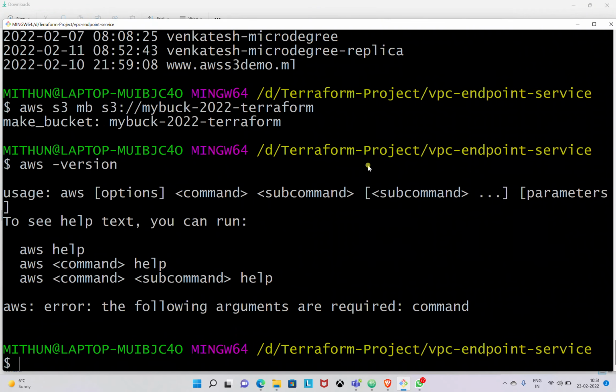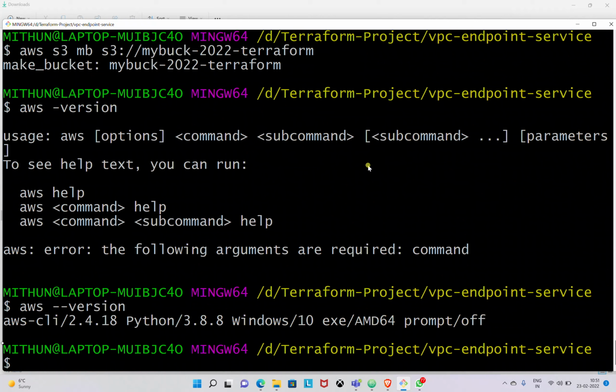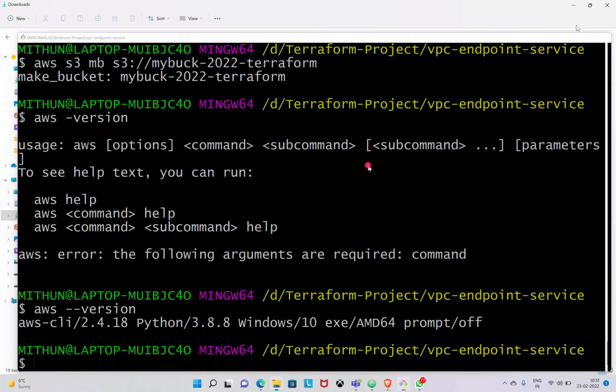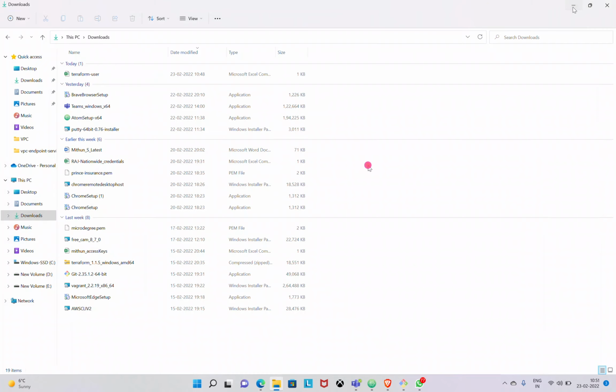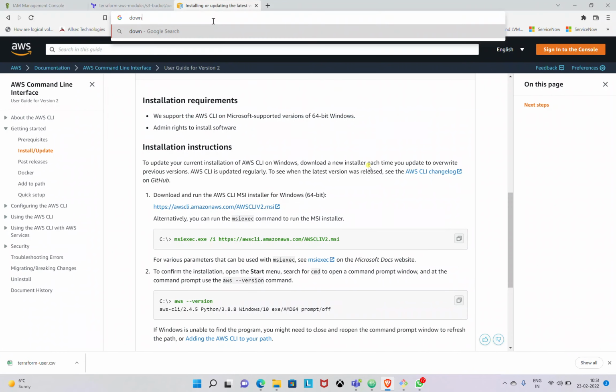Okay, and how will you check? So you need to check, or you can also use, see, it is using AWS-CLI-2.4.18. Okay, it is very easy. Just double click, it will install in your laptop, that is Windows. Okay, clear? Now once you are done with this second step, the third step is,